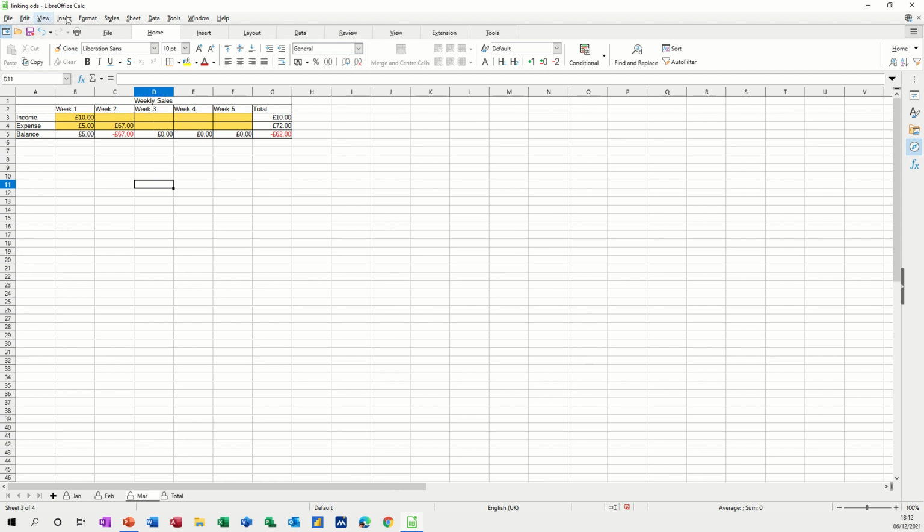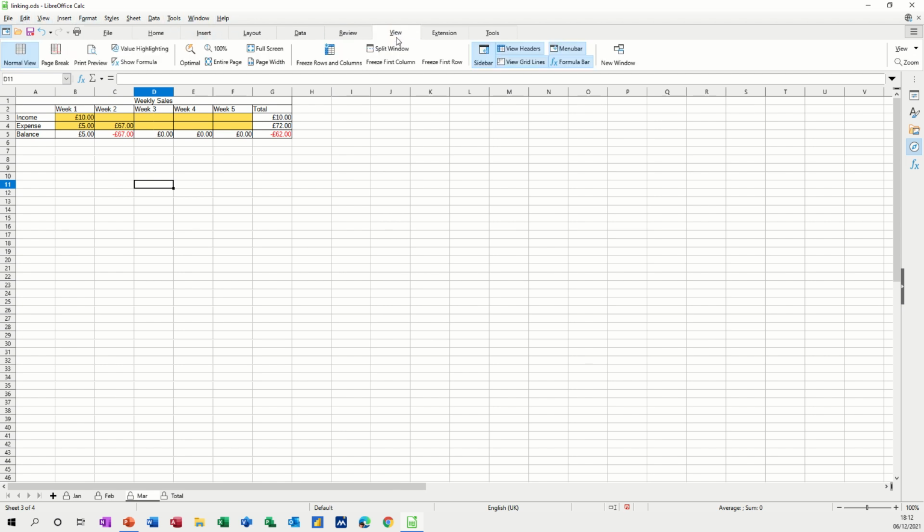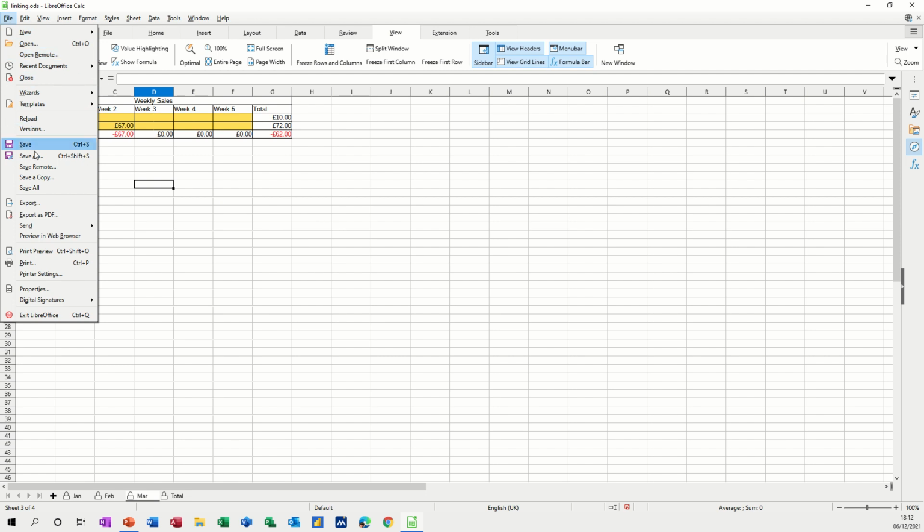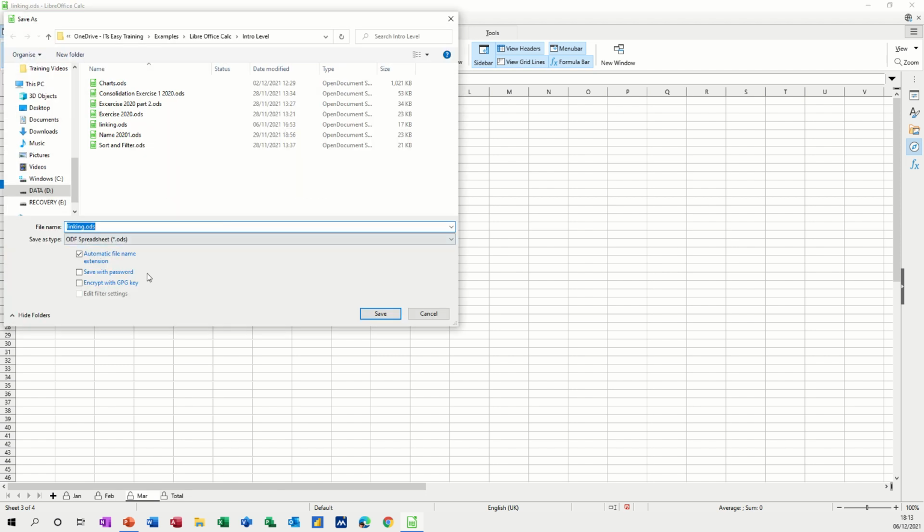Now if you haven't got this menu, you need to go to the View tab and select Menu Bar. That will put it on for you. Sidebar's already on, which is this down this right hand side. Now to protect the whole file, if I go to File, Save As, you've got options on the file there, Save with Password, and if I go Save,